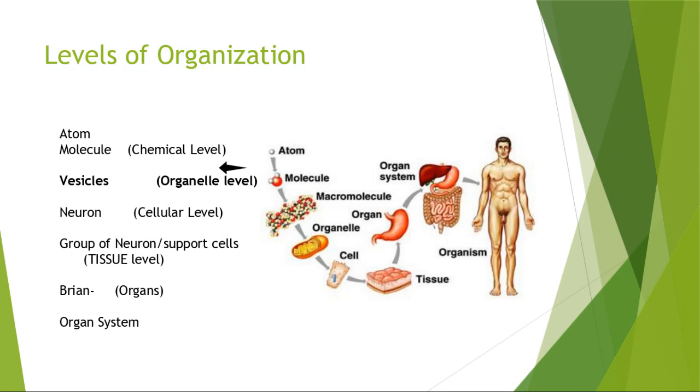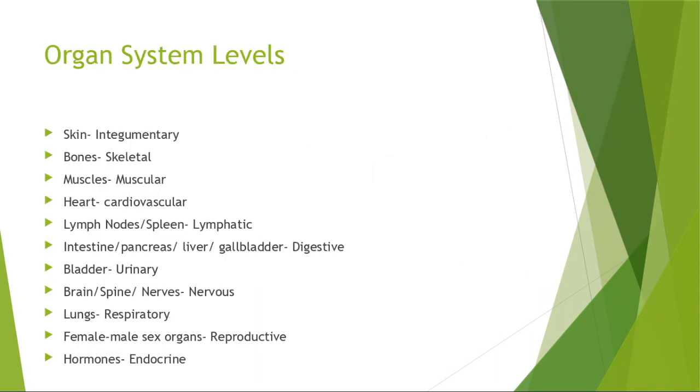Here's an actual diagram of the levels of organization that I wanted to put in here for you all, from the atom and the molecule, which are considered the chemical level, to the vessels, which are the organelle level, to the neurons, which is the cellular level, to a whole group of neurons and support cells, which is the tissue level, to like the brain and the liver, kidneys, those are the organs, and then you have the organ system. So organ system levels,